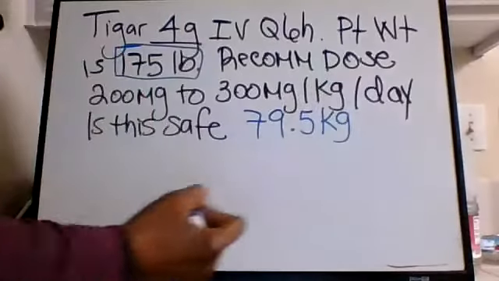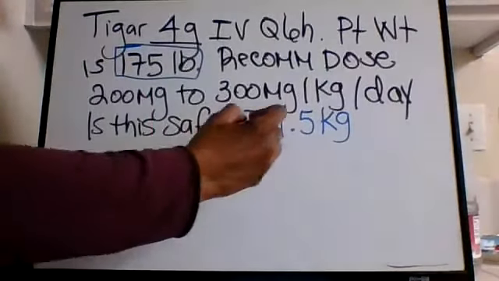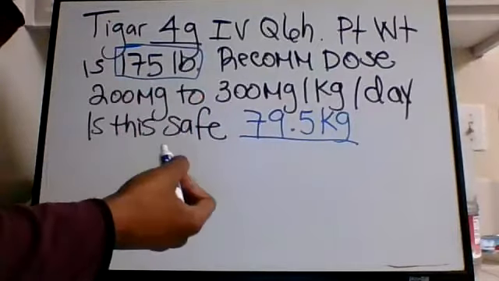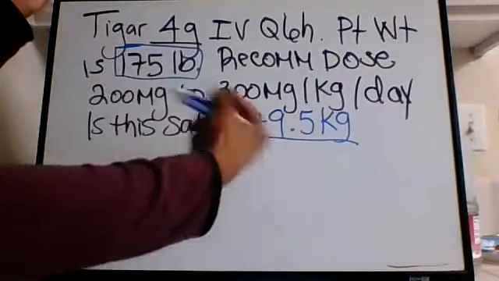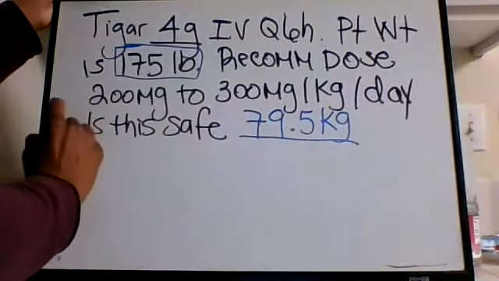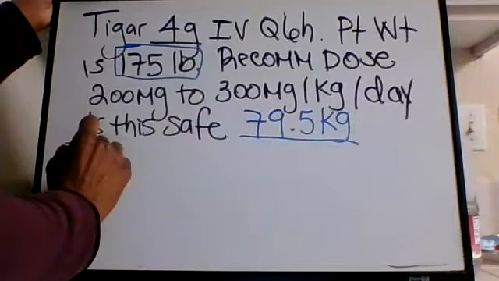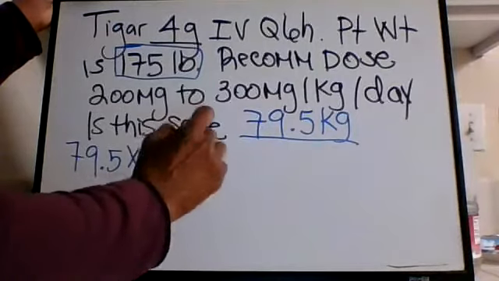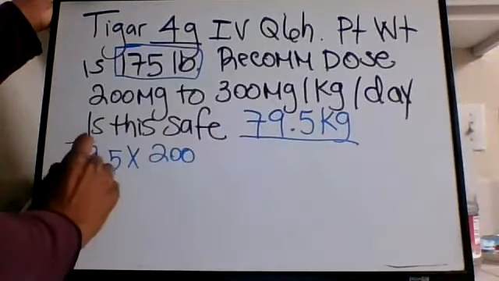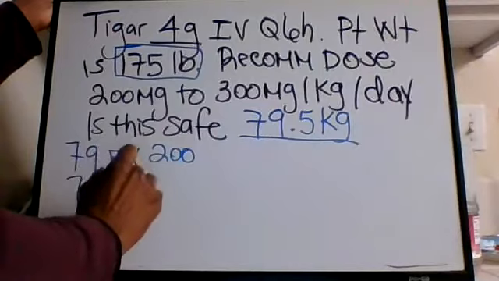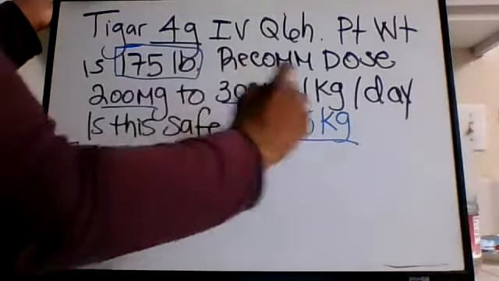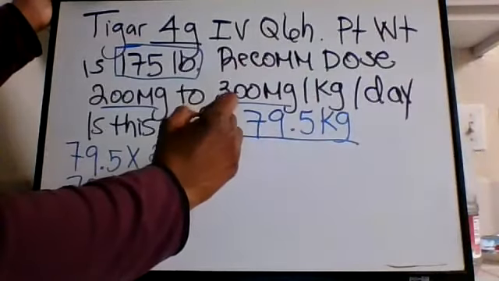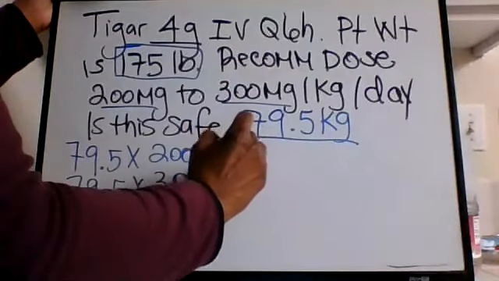So we always round to the nearest tenth for weight in kilograms. All right. So the next step is recommended dosage range. So now we take our child's weight, 79.5, times it by 200, and then that same 79.5 times it by the 300. All right, and that's going to give us